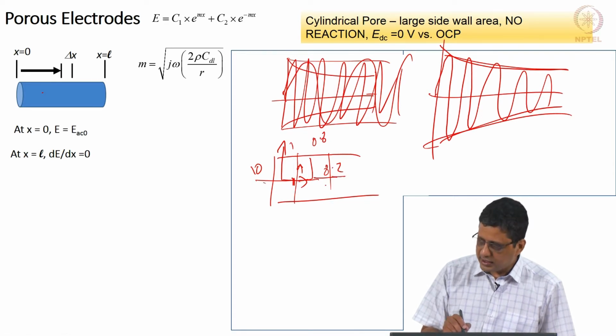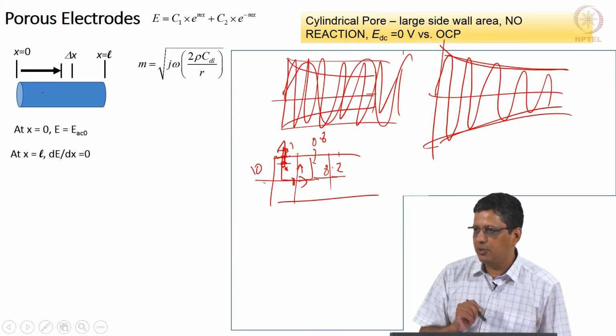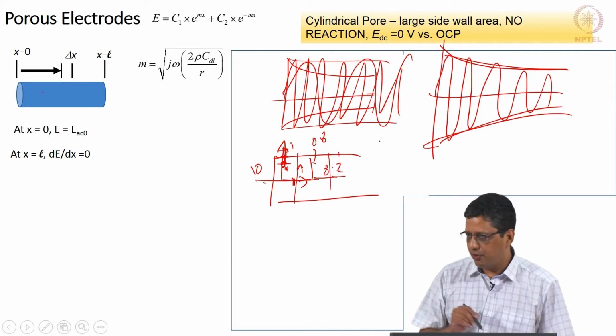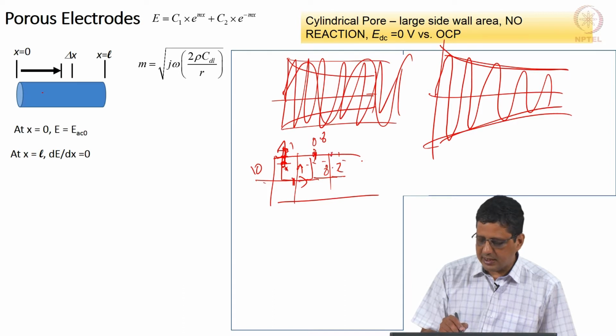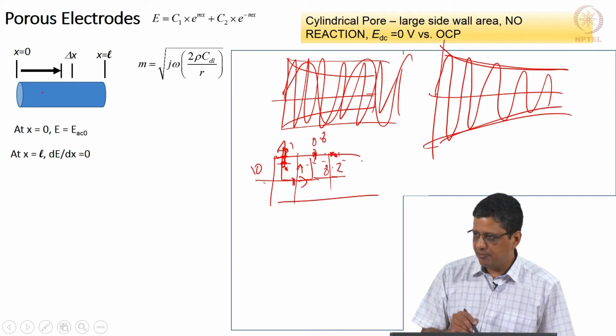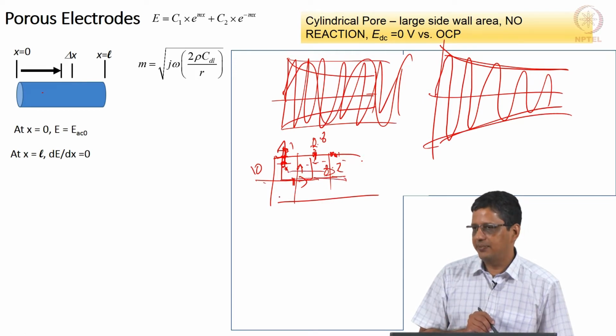So, solution resistance will play a role, but if I want to know the current here, all that I need to know is the potential here. It is like saying I need to know the pressure here and the pressure here and the resistance offered by this hole. Outside pressure is uniform, inside pressure will keep decreasing. The resistance offered by this will be the same. If the pressure drop is less as you go along, the flow rate will become less, but we can't say this does not offer any resistance.